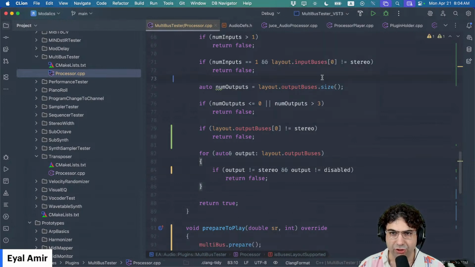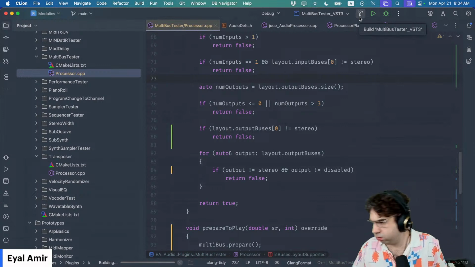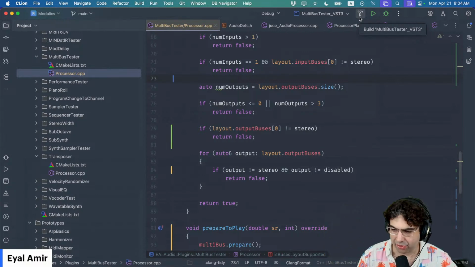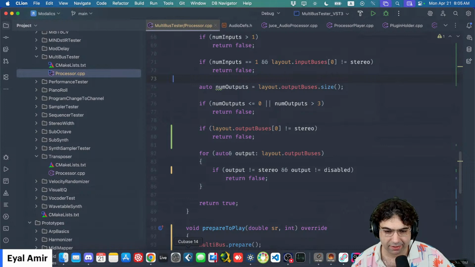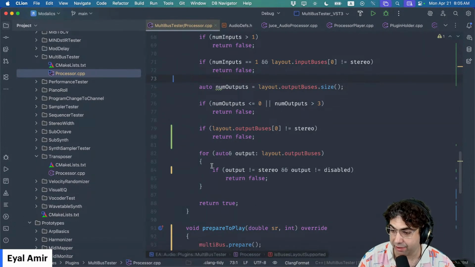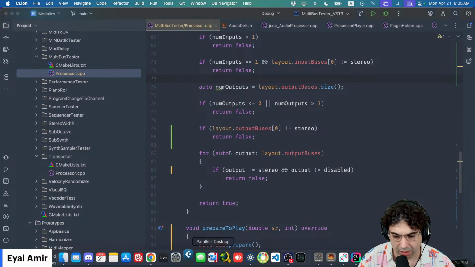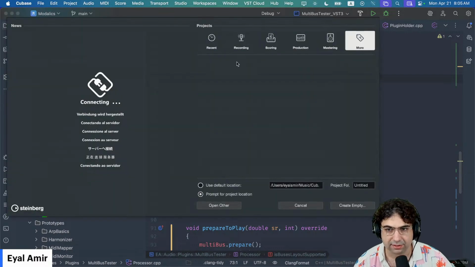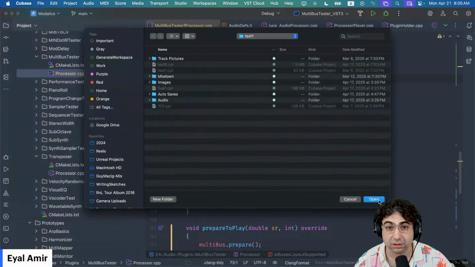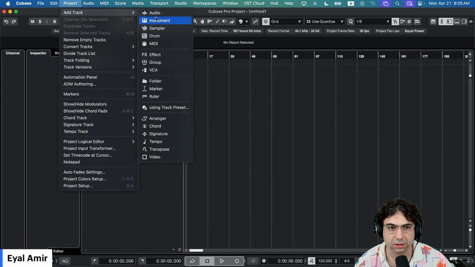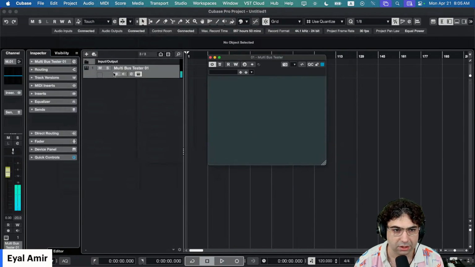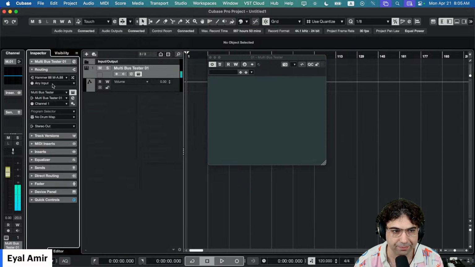Now let's see what this should do in Cubase now, and hopefully in the other DAWs as well. This should hopefully in Cubase mix everything to the main bus if I do not have the others enabled. But if I have them enabled, I should get separate tracks. So let's see if that worked. So instrument, multibus tester. Okay, so now I should have both of them mixed. Let's enable the